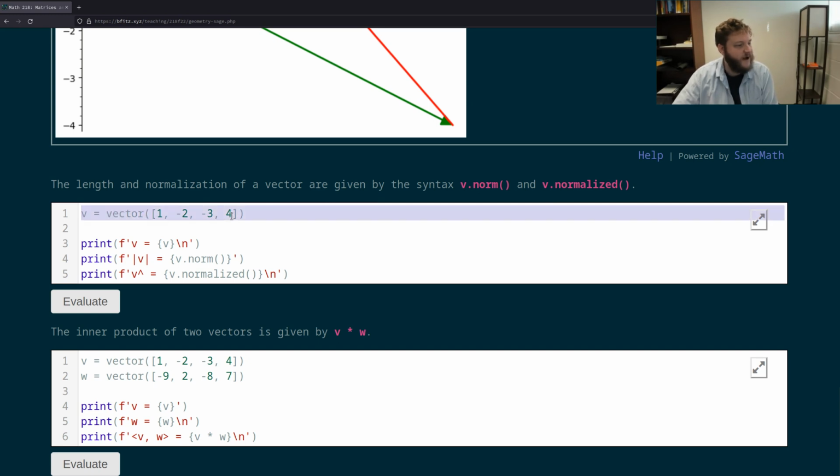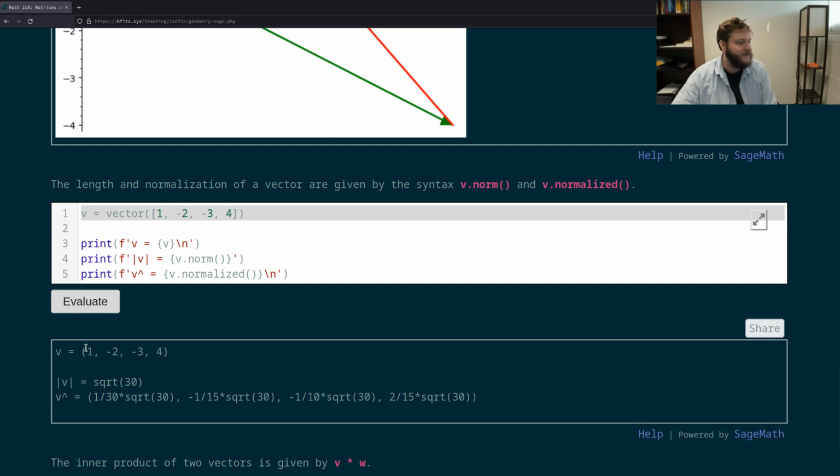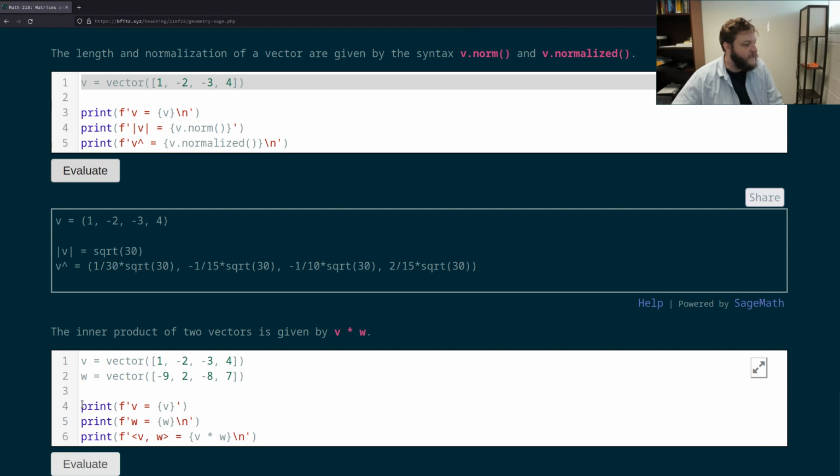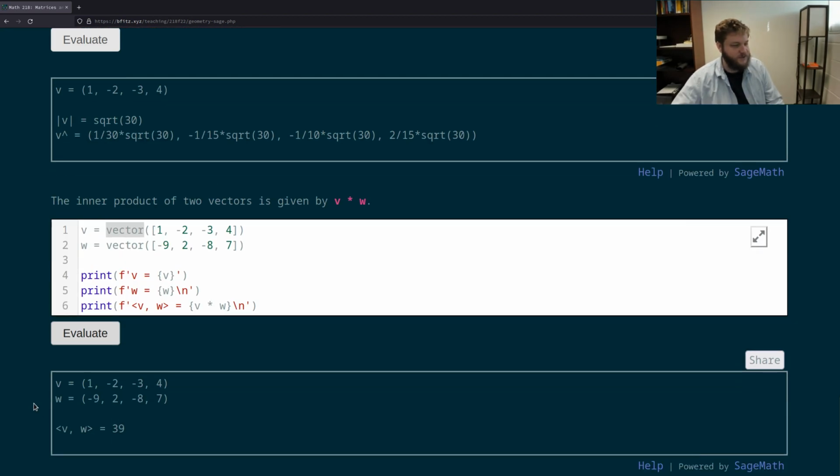So here I've predefined a vector in R4, and I've calculated both the length of our vector and its normalization. You'll find here that the length was square root 30, and then of course remember normalization is 1 over the length multiplied by the vector. Finally, there's syntax for inner products. Here the syntax is quite simple, just multiply the 2 vectors together with star notation. So here I've predefined 2 vectors in R4. To take their inner product, I simply use the star notation to calculate my inner product. So hopefully you find that